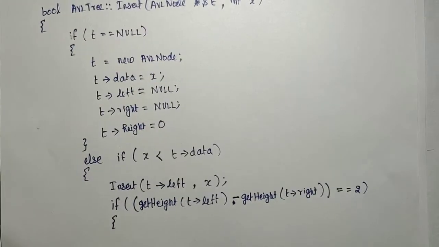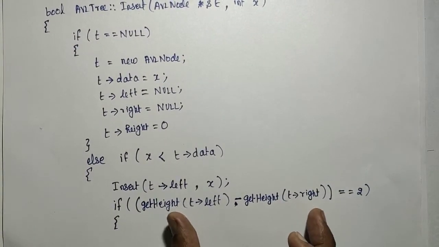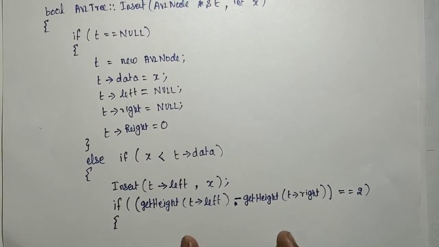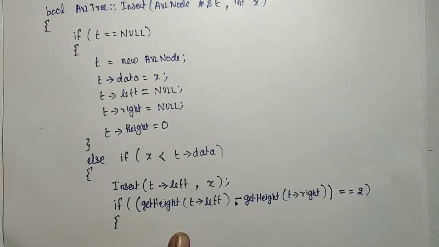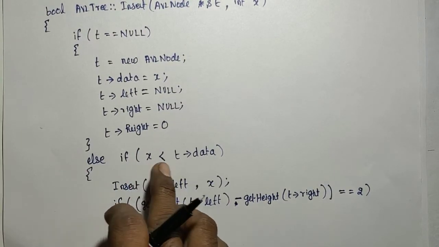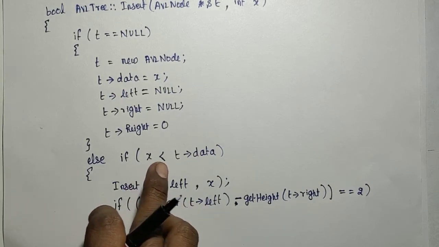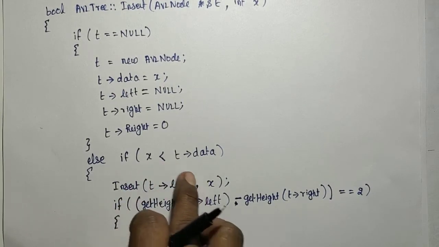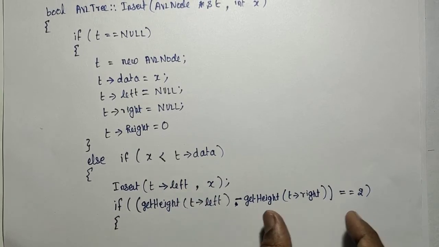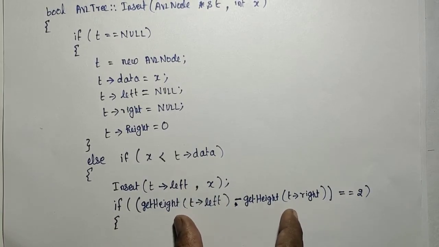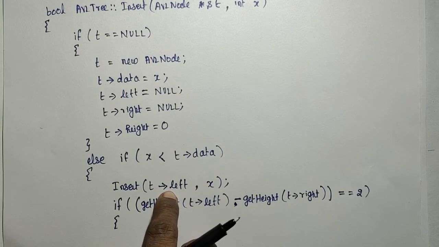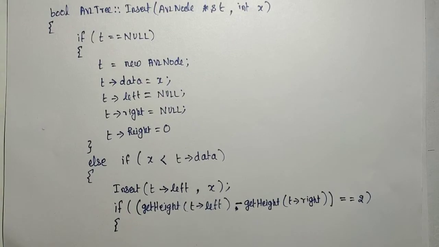Okay, so now we got that unbalanced. Now we need to identify the cases. Here, for all the 4 possibilities, only 2 possibilities, because here x is less than the t of data, t goes unbalanced, and x is inserted on the left side, correct? Inserted on the left side. So the unbalancing occurs due to either the left of the left or right of the left. So only we need to check this, correct or not?